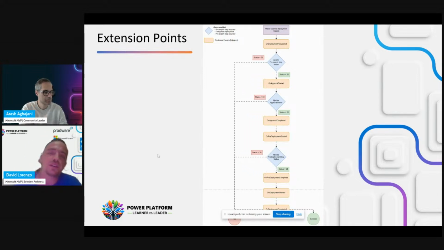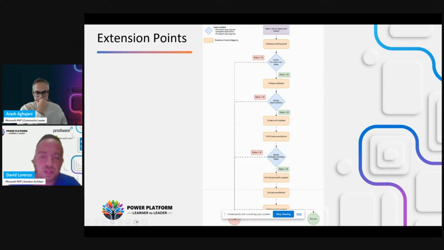In case we send the status 20, we update this Dataverse unbound action. The pipeline will continue to go down, and then we can capture the next business event, deployment approval status, and we can decide again if we fail this business action or we approve it, and then the pipeline will continue down until the end.